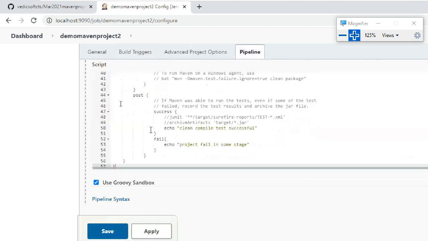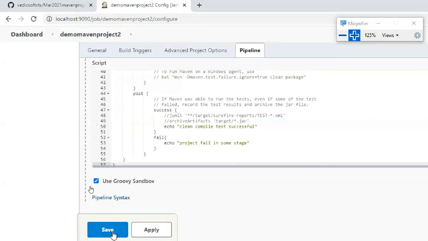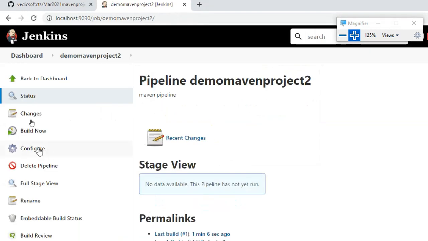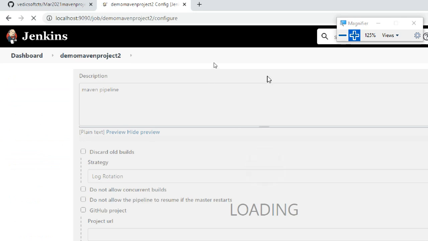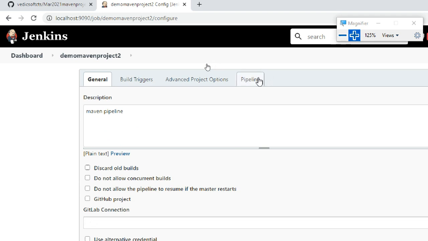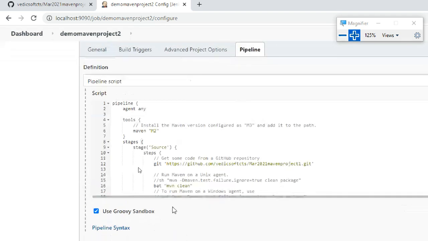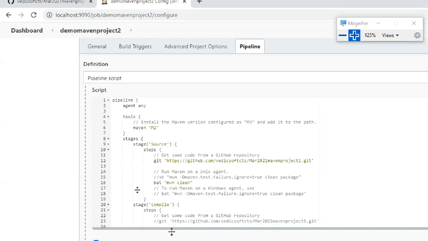Now it is showing no error. I don't know. Yeah, it is showing error. Irritation, irritation. Okay,